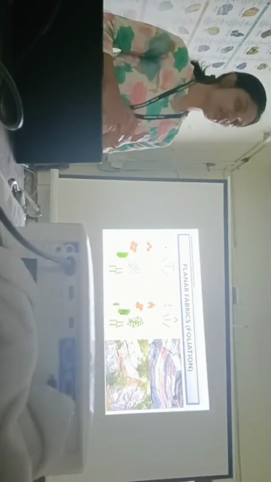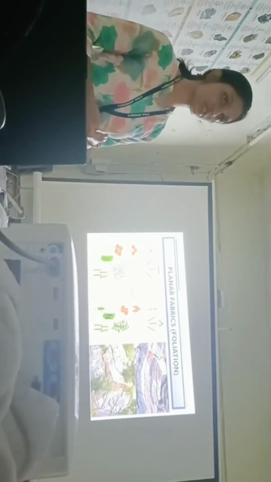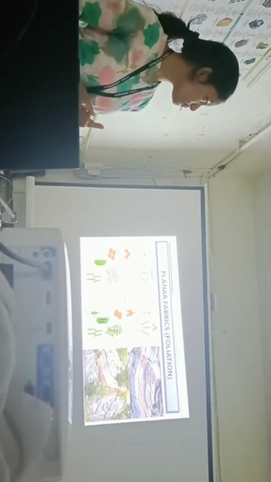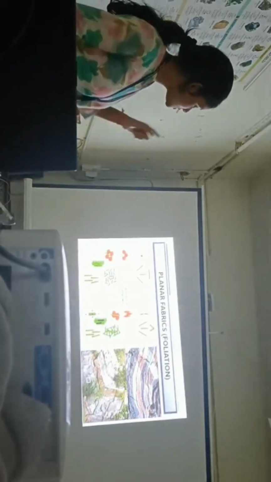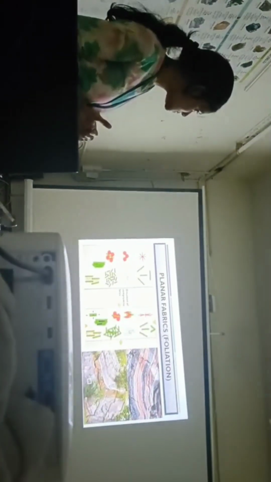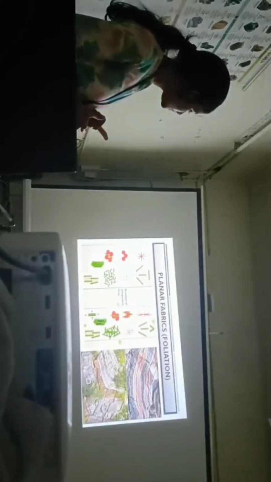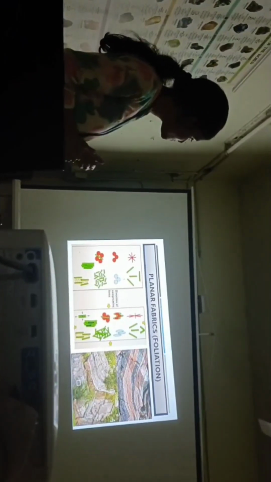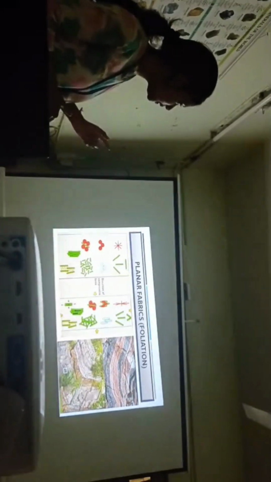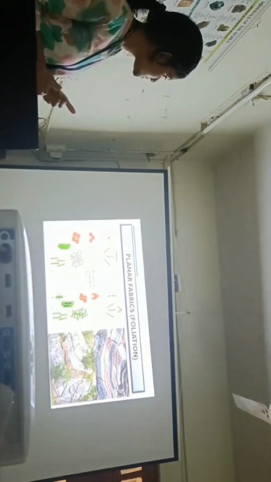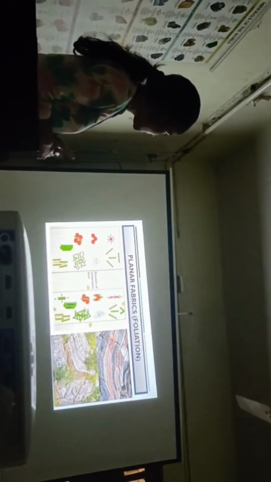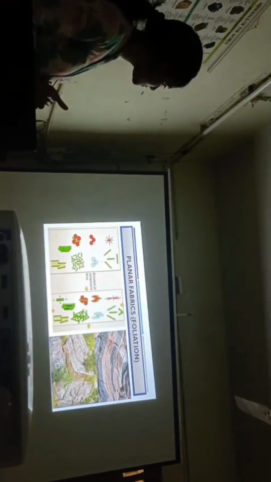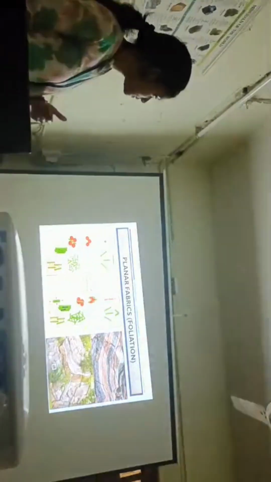where sigma 2 is equal to sigma 3. Sigma 1 is the maximum principal stress, sigma 2 is the intermediate principal stress, and sigma 3 is the minimum principal stress. So here is the diagram generally showing the formation mechanism of the foliation. Here on the left-hand side, elongate preferred direction. For example, initially we have a spherical grain. After application of a directional compressive force, they show elongated grains.